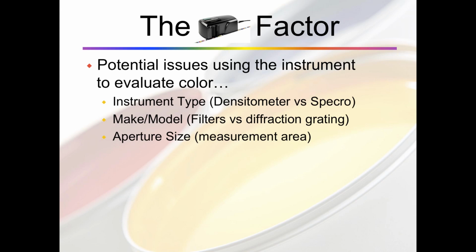Next to consider is the aperture size. The aperture size is the measurement area. It's that spot in the center of your aperture that is actually going to be observed for color. Now, as your aperture size gets larger, typically your readings are more reliable and more consistent. However, everyone today is trying to use the smallest patches possible to get color bars into areas where maybe they couldn't fit before, or maybe trying to keep the most minimal amount of waste possible by saving area with smaller control marks. Instruments today can go down to an aperture size of about 1.5 millimeters, which is very convenient for getting into a smaller patch.